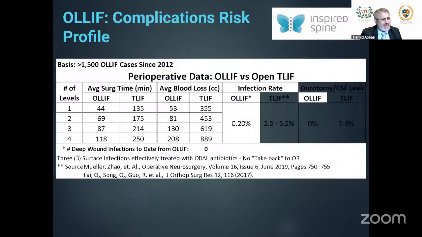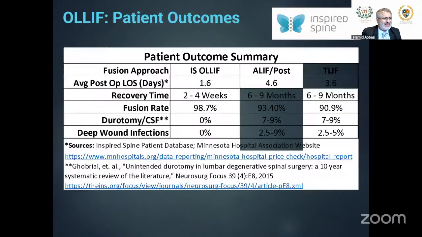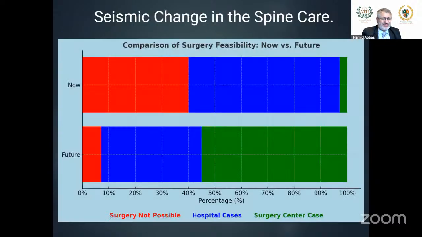Now, instead of talking about the data and so on, and I have plenty of that, I want to show you one more slide and a short video. Right now, in the United States, and in other countries this may look different, less than 3% of the lumbar fusions are performed in the surgery center. The vast majority are performed in a hospital. And there's a huge number of cases, about 40% of my cases, that multiple other surgeons have rejected the patient for a good reason.